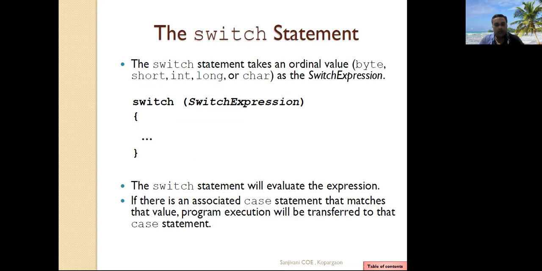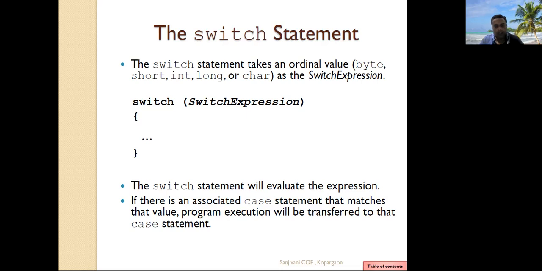Here, the switch statement takes ordinal values like byte, short, int, long, or character as switch expression values. The switch expression values are matched with the case expression values. If a switch expression value is matched with any case expression value, that case is executed, and after the execution of the break statement of that case, the execution control is transferred out of the switch.